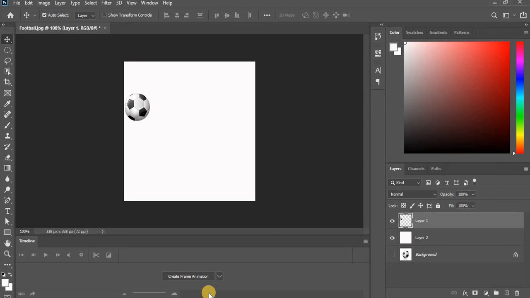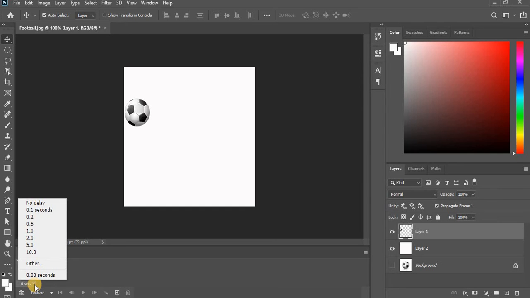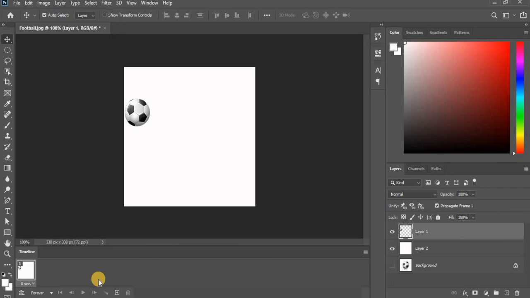Here you can see this is the first frame. What we are going to do is click on create frame animation. Over here you will see that this frame has been created, and you will see other options like how many seconds of delay you want to have. We are going to look into that in detail later on, but first this is my starting